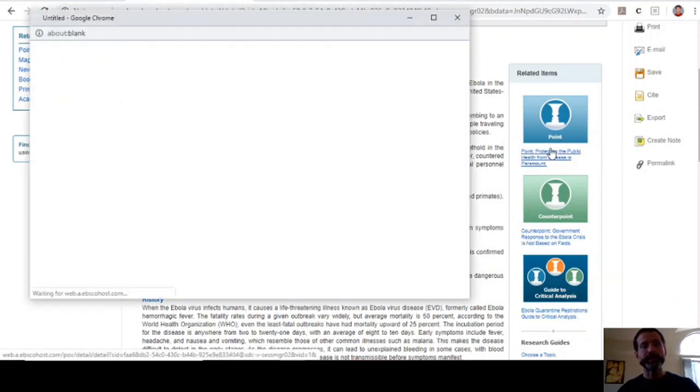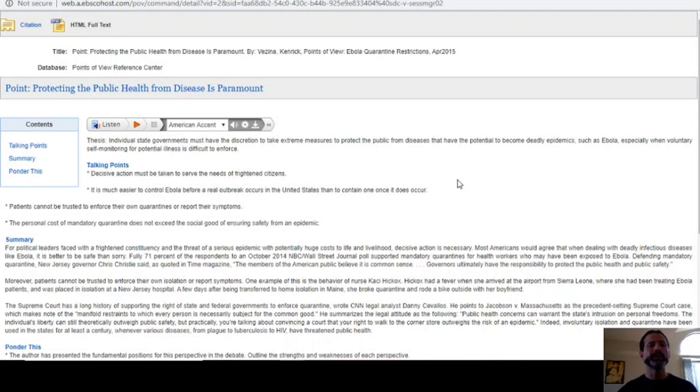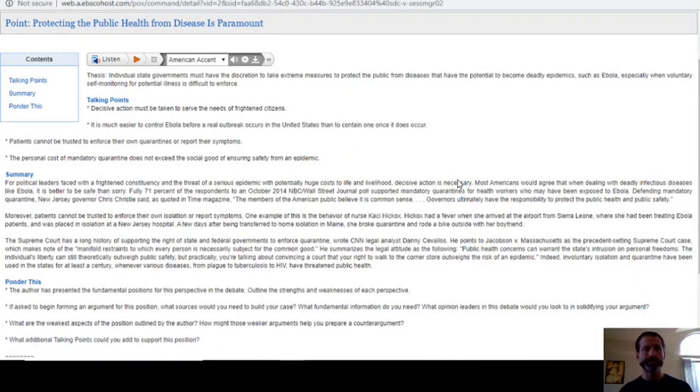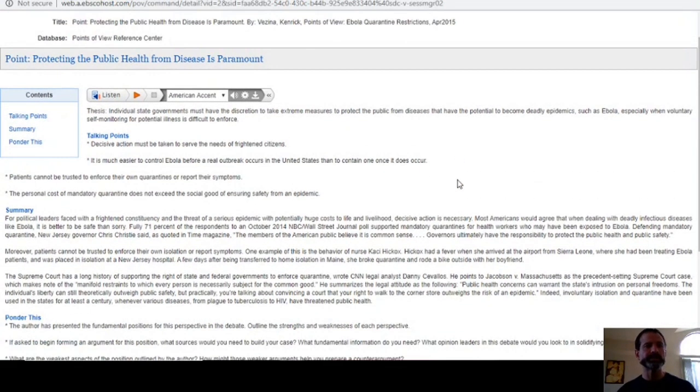So if you click on point, it opens up a new window, and it gives you one perspective on this topic. So hence the name Points of View Reference Center. It gives you different points of view on a topic. So the main point that they're presenting is protecting the public from disease is paramount. So what this point of view is saying is that